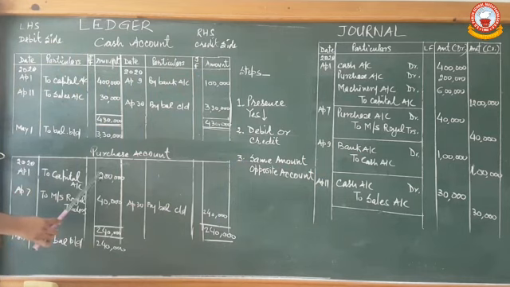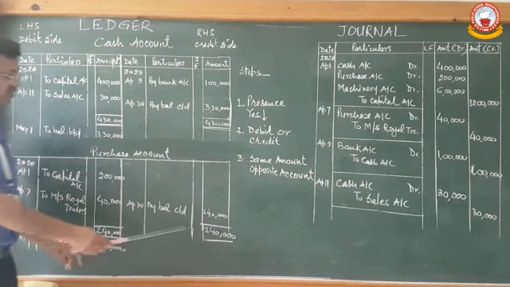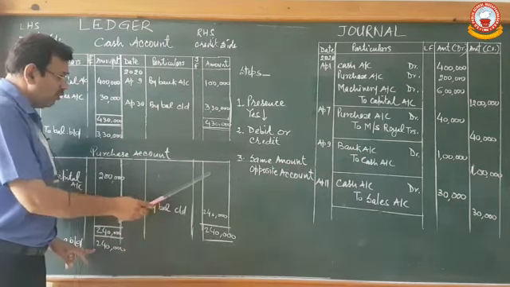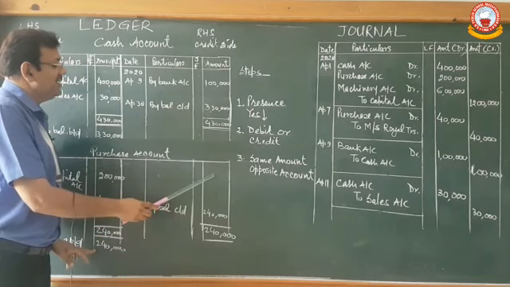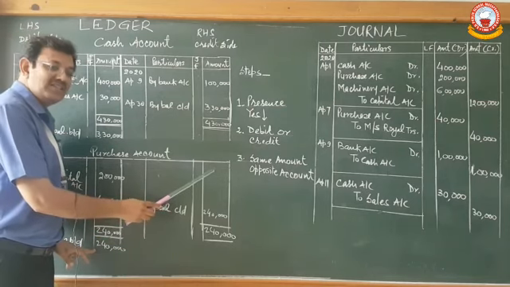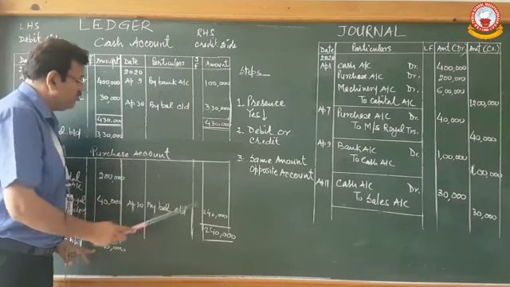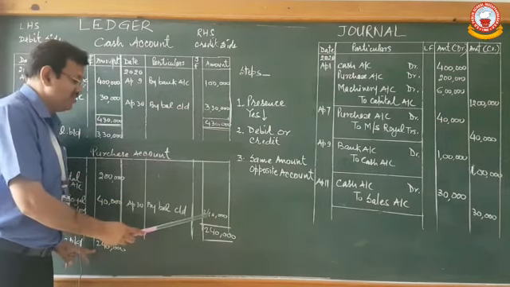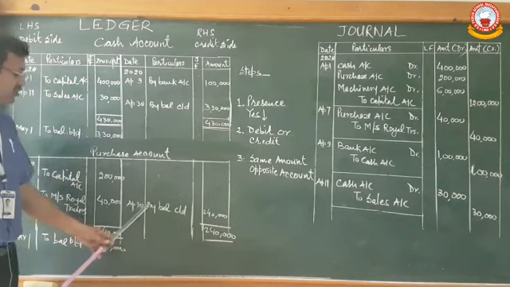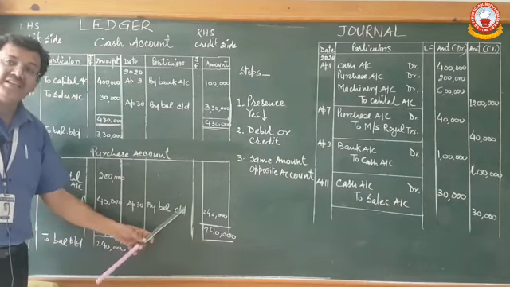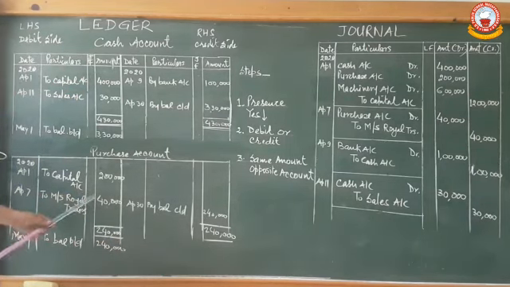Now we will write the total 2,40,000. It will be shifted towards the credit side. Nothing is here on the credit side, so its credit balance is 0. So we will deduct 240 minus 0, we get 2,40,000. So we will get the balance on the last day of the month by balance c/d, and it will be shifted to the other side on the first day of the next month as balance b/d.